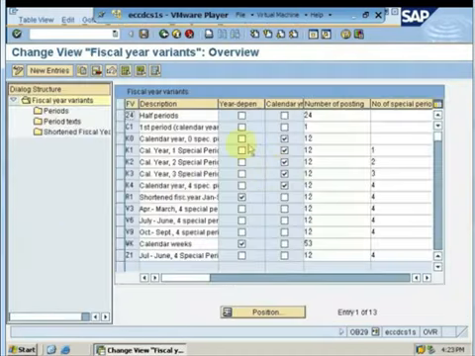If I click over here, which means inversion, that would mean that if I am maintaining an exchange rate from USD to Euro, and I haven't maintained an exchange rate for Euro to USD, then if I click on inversion, it will directly calculate my exchange rate from Euro to USD through the defined rate in my system, which is USD to Euro. It will automatically calculate a reverse calculation if I have checked my inversion. So this is how we define an exchange rate type.